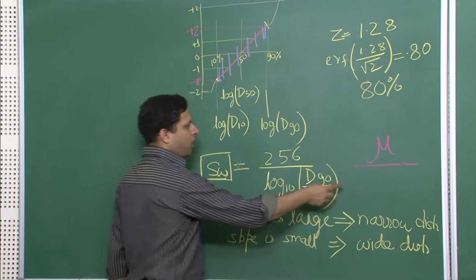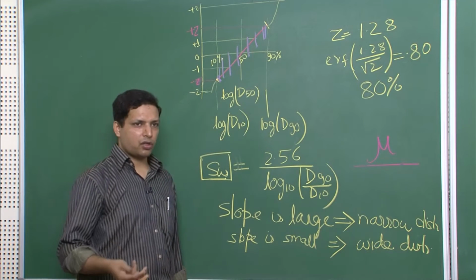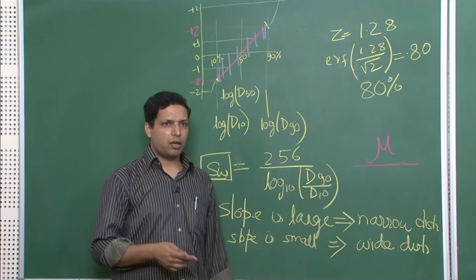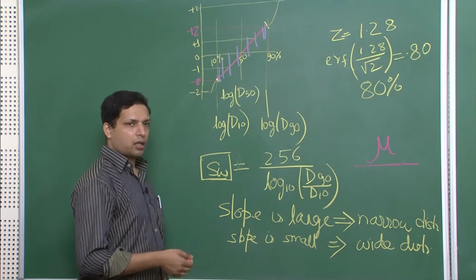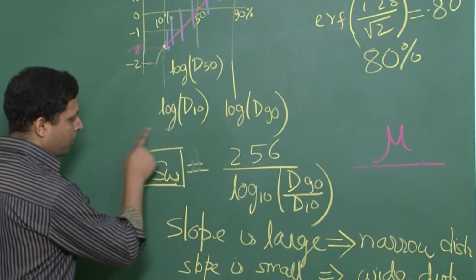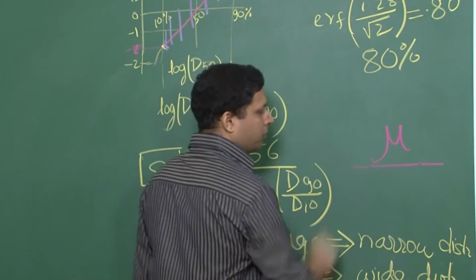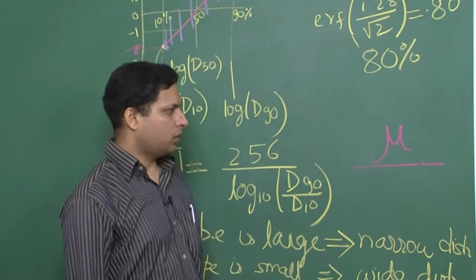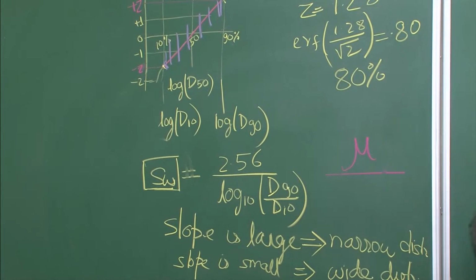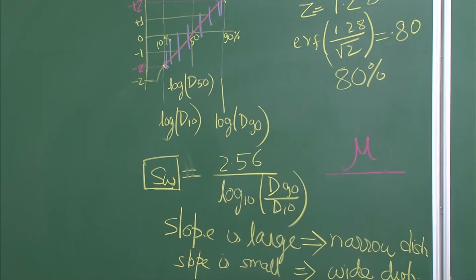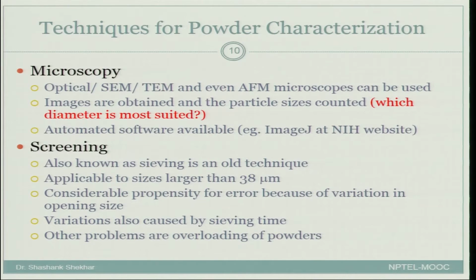Of course, you can also say mu and standard deviation, but then standard deviation in itself you will have to again manipulate a lot to get a better understanding. A much more suitable number is SW and mu. So, we are able to have a complete understanding of this distribution using these two numbers. So, now we have understood in great detail about the size distribution.